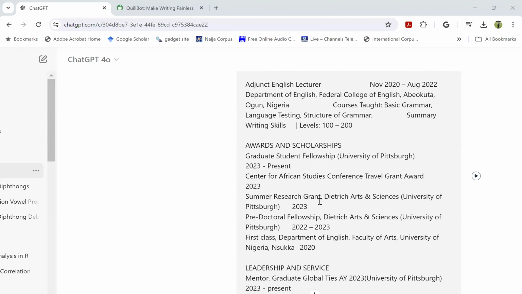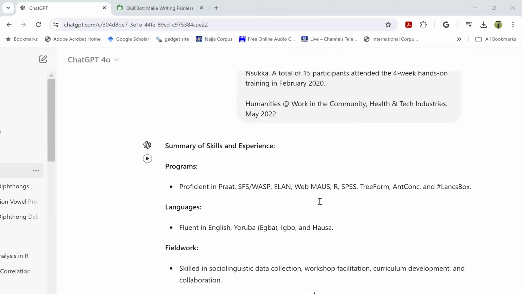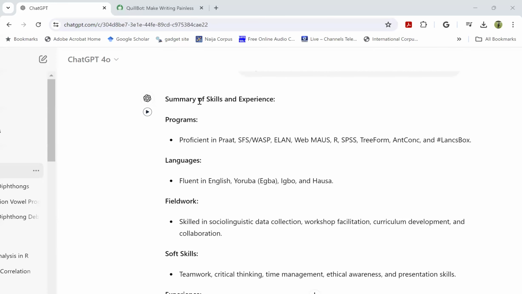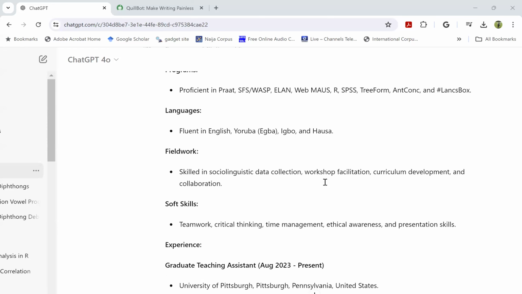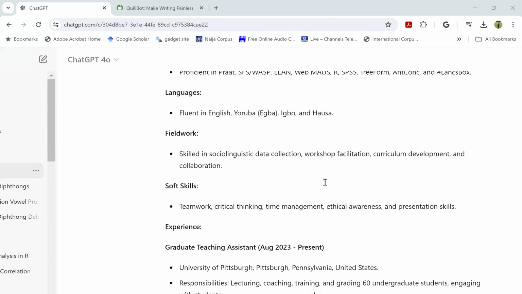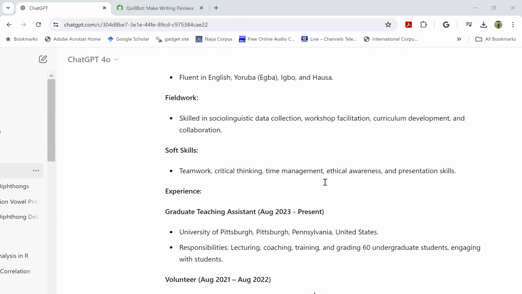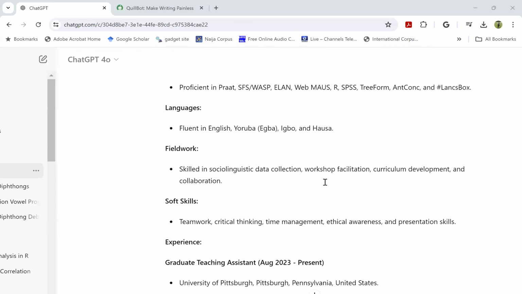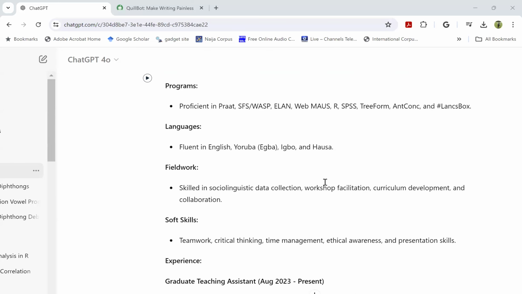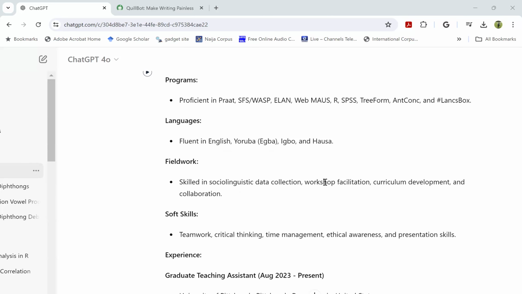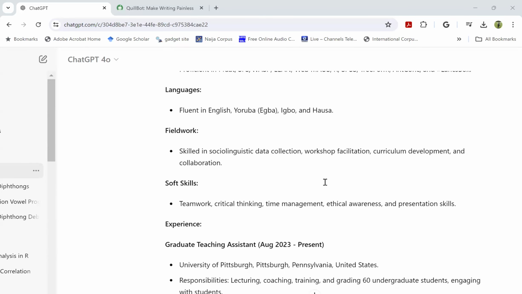After doing that, you see that it gave me the following summary of skills and experience. It itemizes the programs, the languages, the fieldwork skills that I also mentioned there, and soft skills. Now that I know the skills I need in one paragraph are in programs, fieldwork and soft skills,